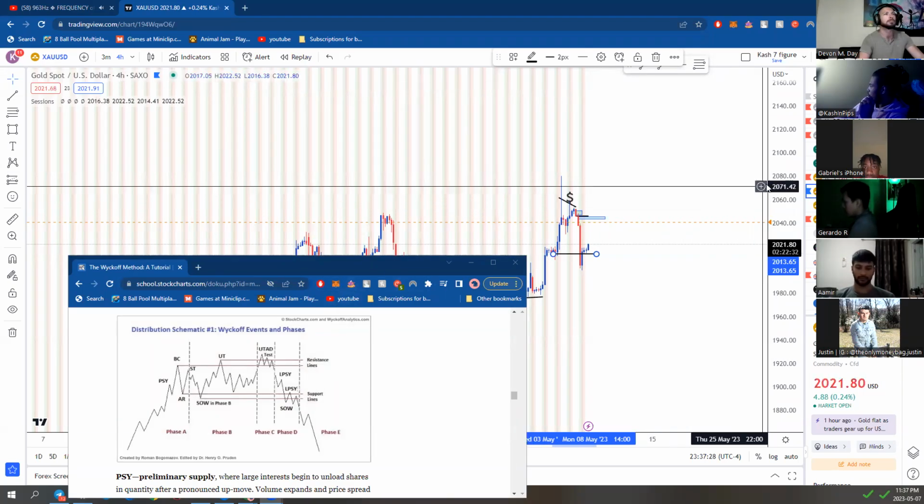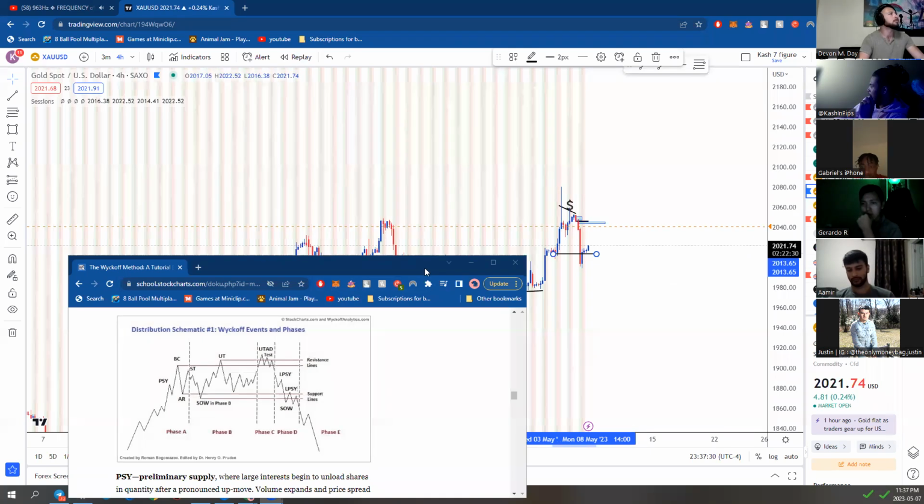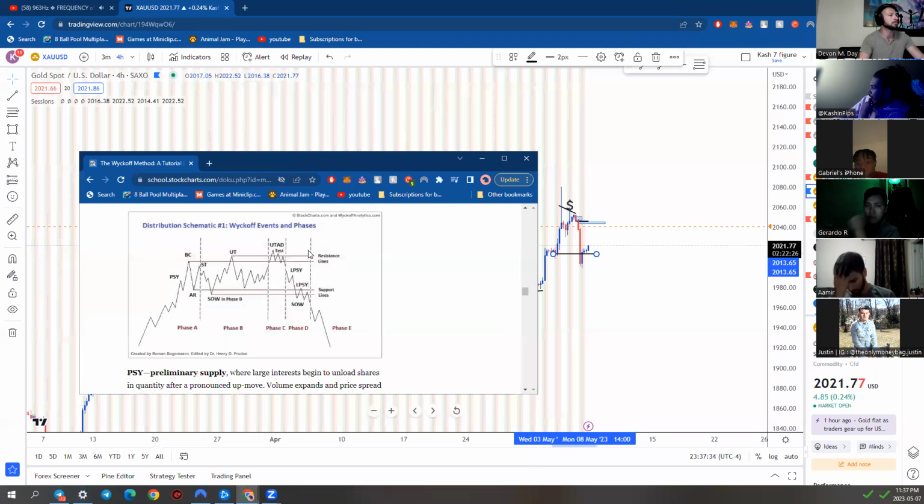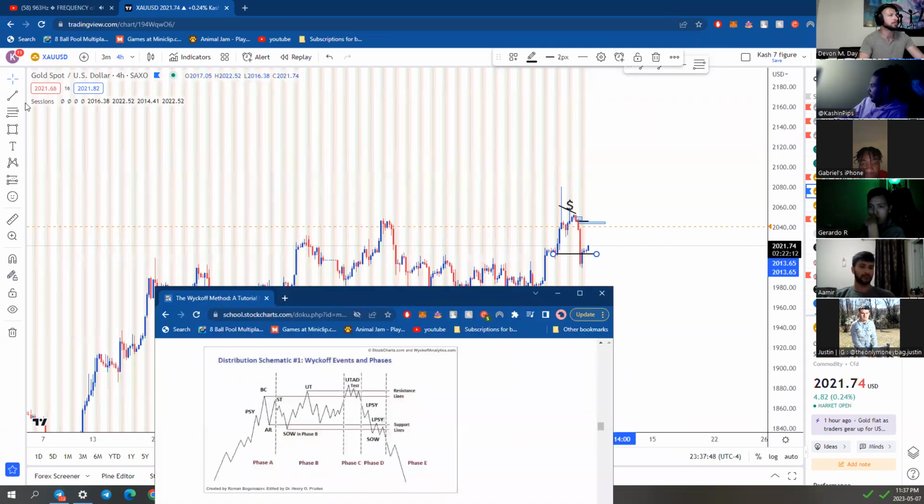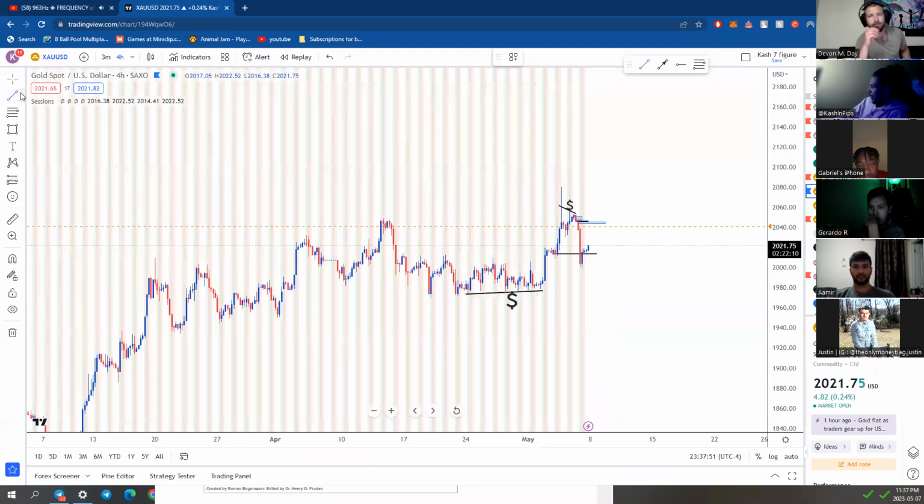So based off of gold right now, just taking a look at it, in terms of the phase that we're in right now, I'm looking at it as a phase C, right? And typically when we are looking at phase C, what we have to pay attention to is these tests, okay? So one thing that I really want you guys to note, in terms of just our overall schematic,